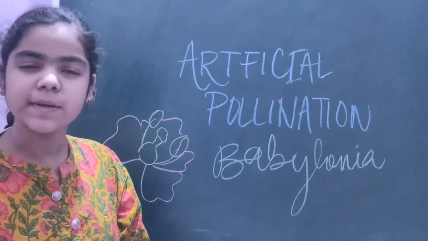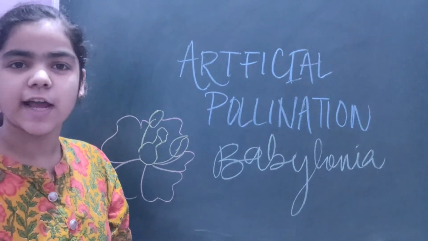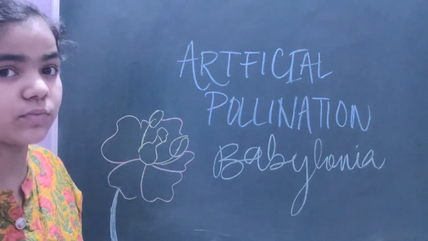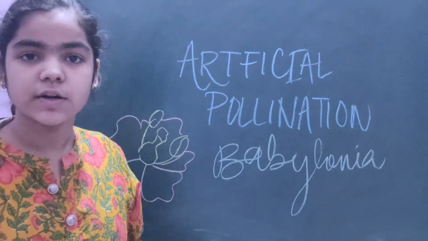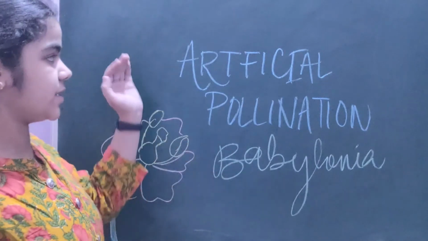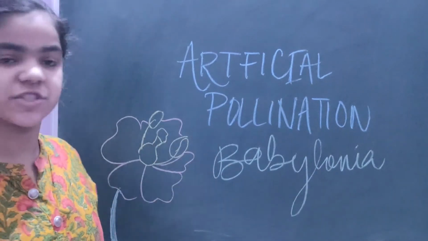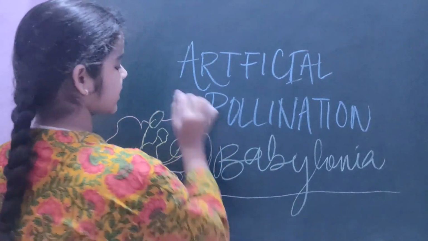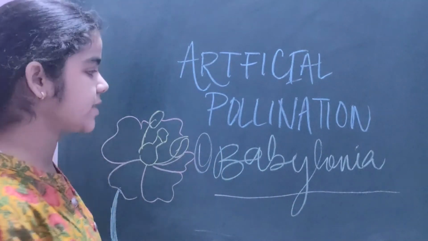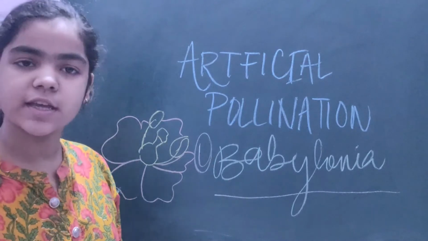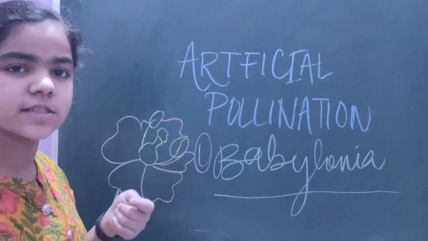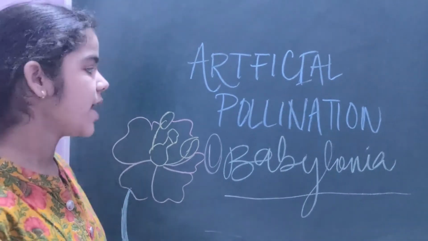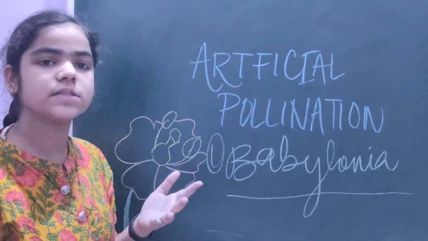Now, you must have seen that different varieties of plants are produced from the same kind of plant. That would not come so easily, right? So people actually practiced artificial pollination. This was first practiced in Babylonia. Of course, at that time, nobody knew about the sexuality of flowers. They just sprinkled pollen grains from the anther onto the stigma of different flowers, and they could see that new production was made.